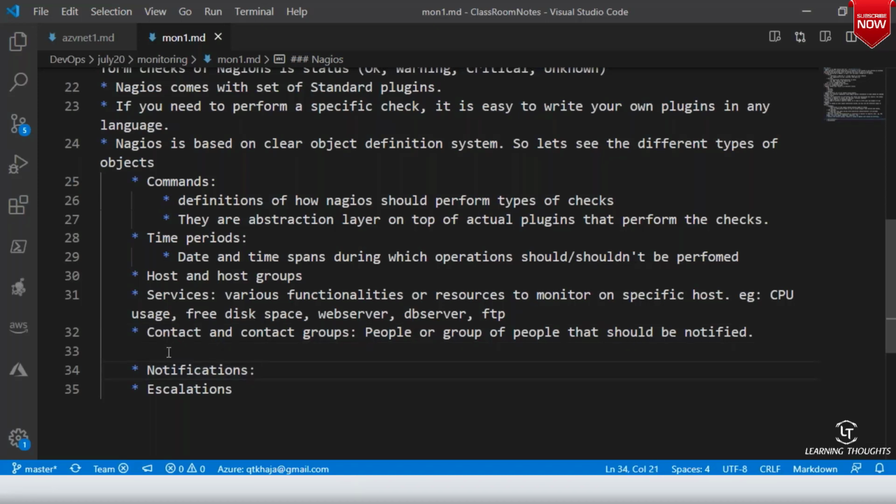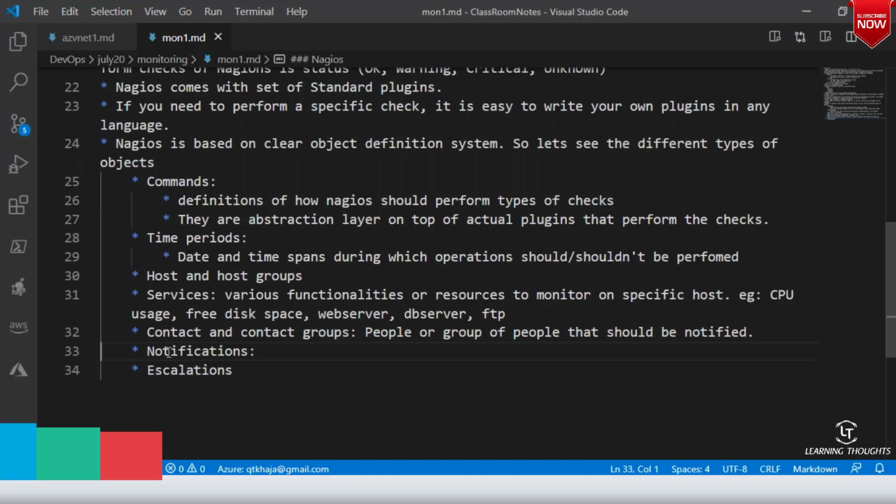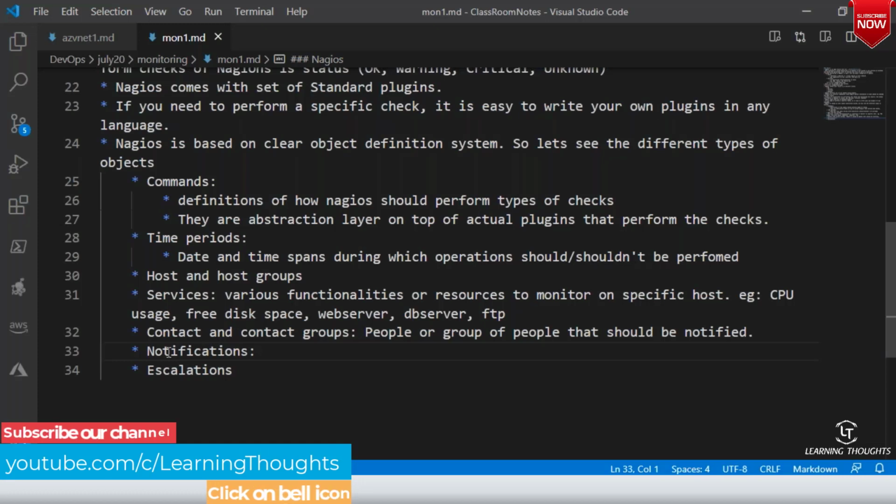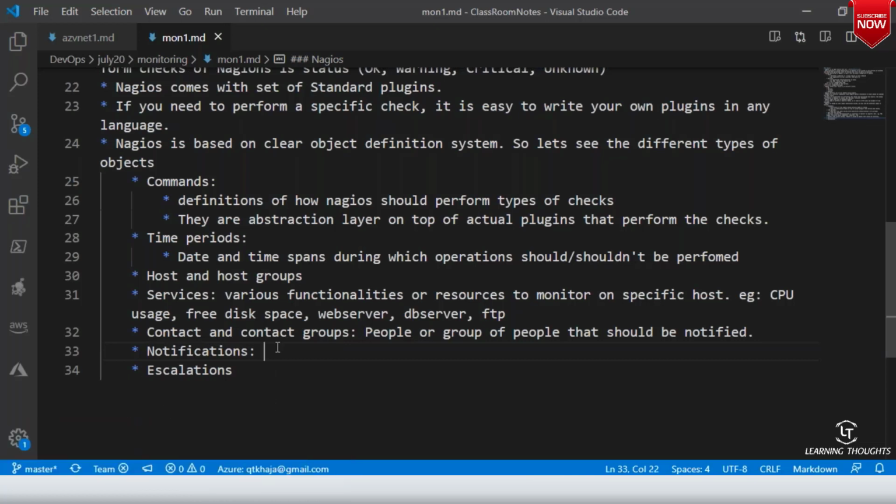Now notifications. A contact or contact group is just information, much like the people you have on your mobile phone, your WhatsApp contacts or groups. Notifications, we all know notifications these days. We use mobile phones and we get a lot of them. These define who should be notified of what.